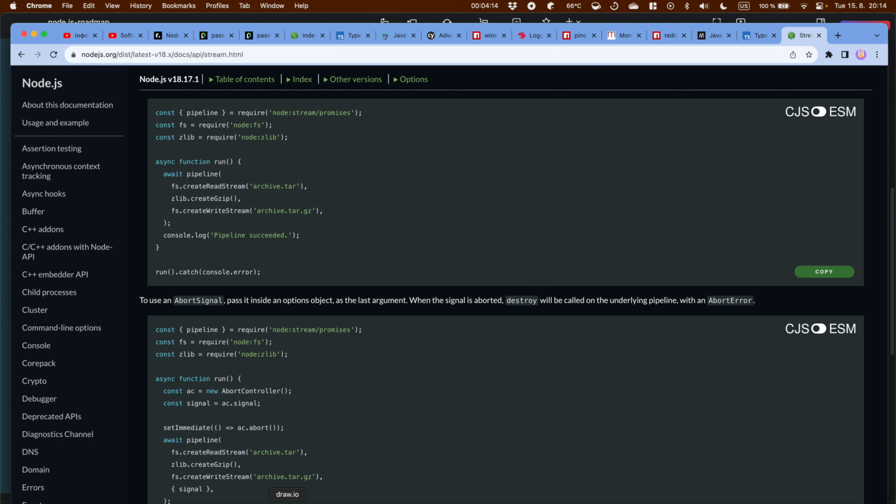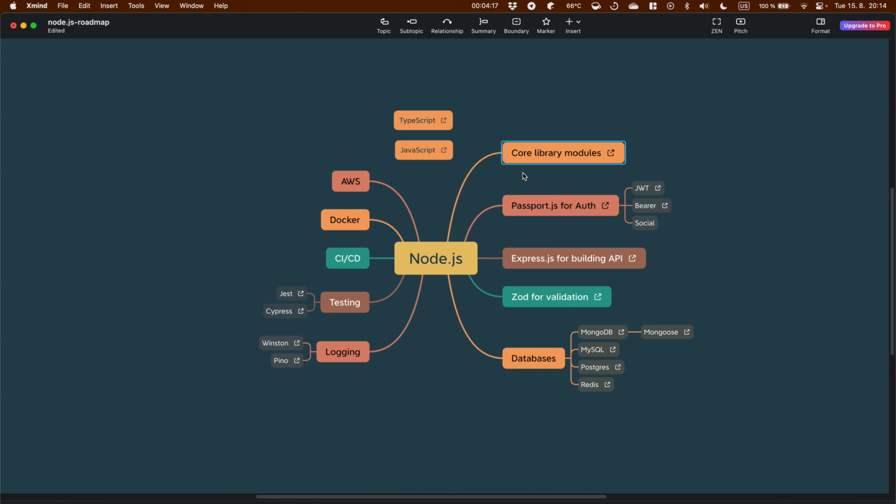Cool. Let's come back to our mind map. After studying our core modules, we need to choose a framework for our API, for our backend application. The most popular one is the Express.js framework. Also, for some advanced applications, you could use Nest.js, but that will be later. Just for a simple API, use Express. They have very simple documentation, you will check it and definitely figure out how to work with it. There are a lot of code snippets and yeah, you will figure it out.